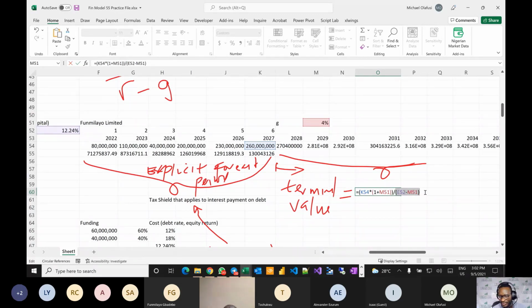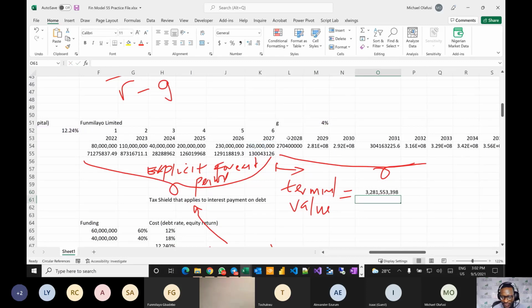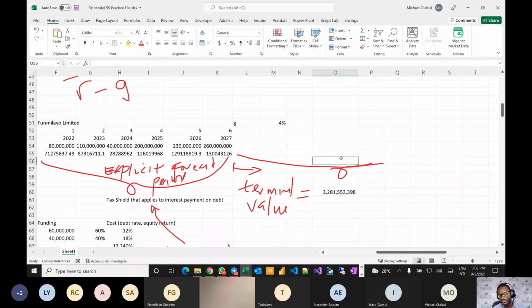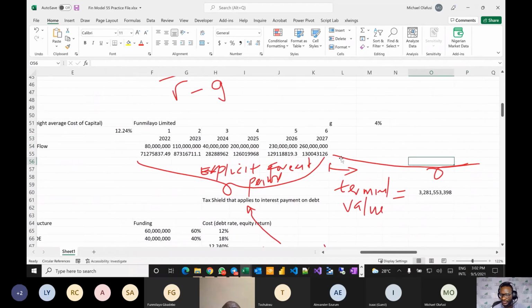So again, I know it's beginning to look a bit eye-twisting, but you get all that I've done. So now I can safely delete this, because you don't normally put this in your work; it will confuse people. They will not know what you are trying to do. So this is now the terminal value.